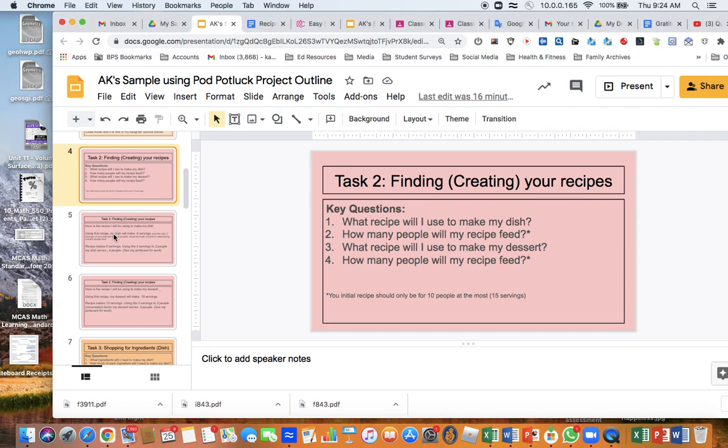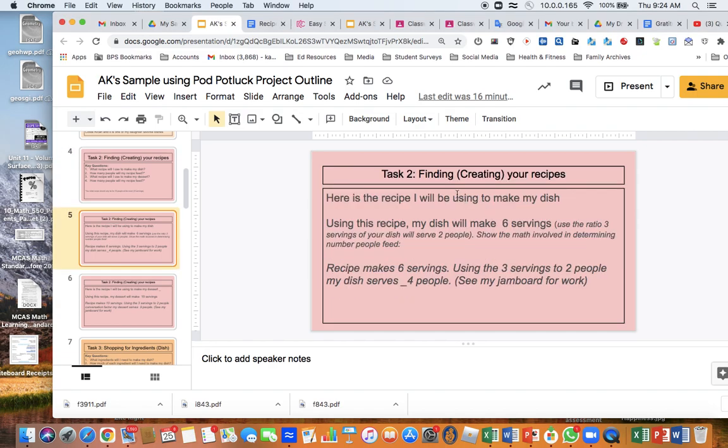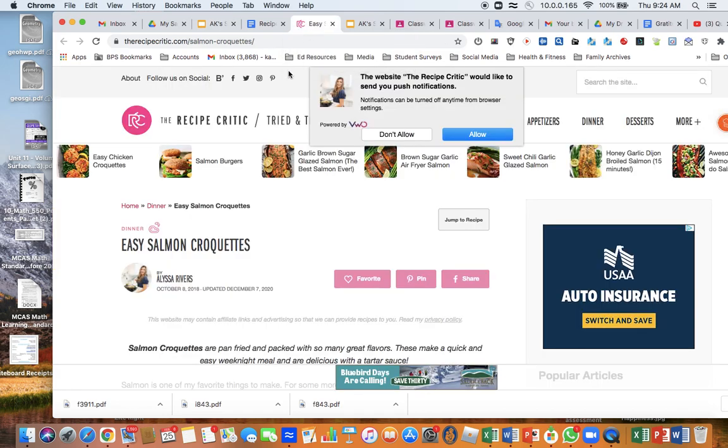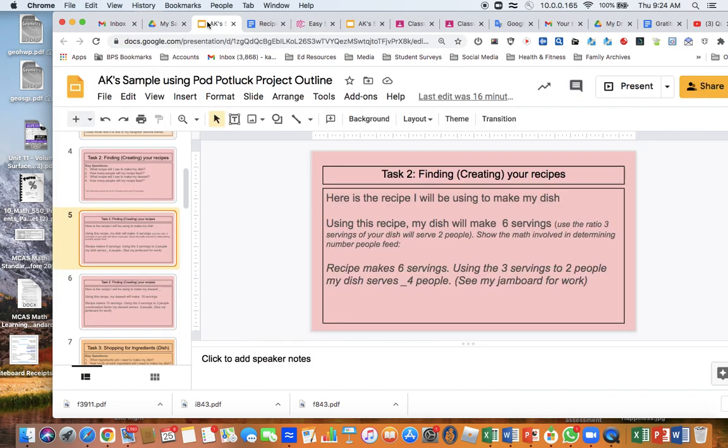I come down to the next slide, and it has a place where I can add the link for my dish recipe, which I outlined in task 1. So what I do is I go to the site that I want to get the link from, which is here. I can copy the internet address for the link, and I can hit copy, and I can come back over to my slide. I can right click,